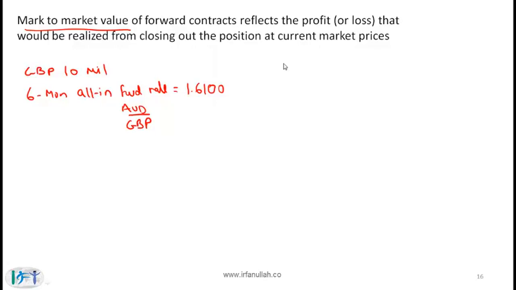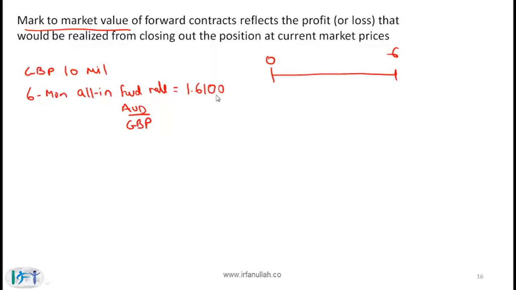But over time, as currency exchange rates change, some party is going to make a loss and the other party will make a profit. So let's look at the simple example from the curriculum, where we have a 6-month forward contract on 10 million pounds, and the price currency here is the Australian dollar. So we are given this information: 6-month forward contract, 10 million pounds, and the all-in forward rate is